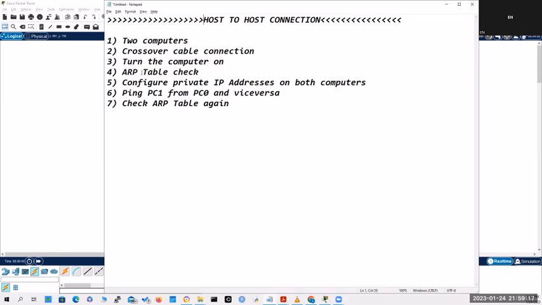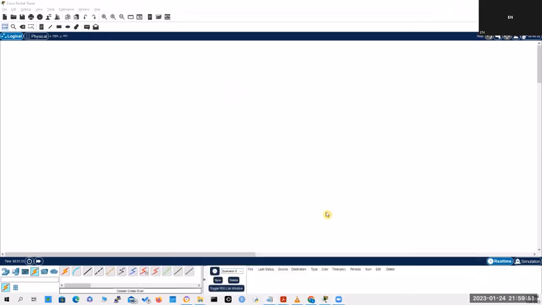We'll check the ARP table to see how it looks when there is no ping and what happens after a ping. We also assign an IP address to both of the computers and we issue a ping from both of the computers, and we check the ARP table to see what information is populated. So without any waste of time, let me quickly